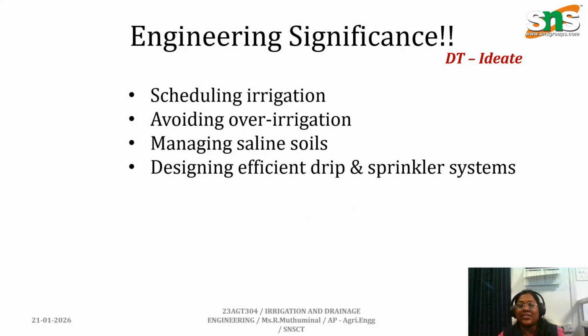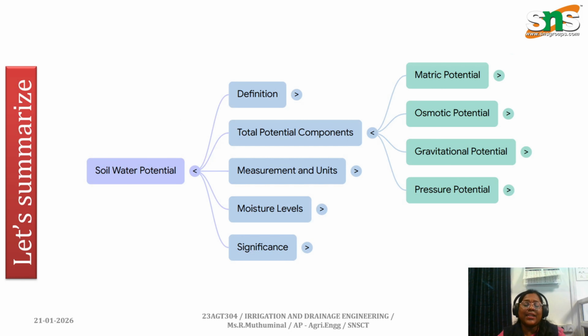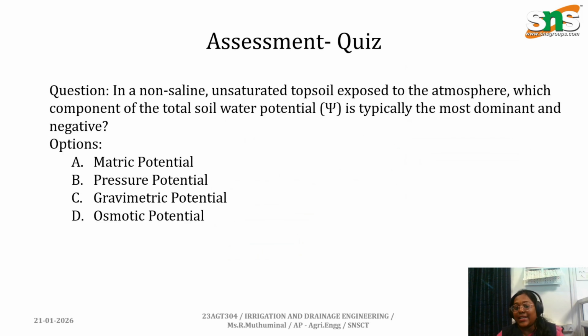Here are the engineering significances of these potentials: they are used in scheduling irrigation, avoiding over irrigation, managing saline soils, and designing efficient drip systems. So today's summary is on the total potential components: matric potential, osmotic potential, gravitational potential, and pressure potential. Today's assessment question: in a non-saline unsaturated topsoil exposed to the atmosphere, which component of